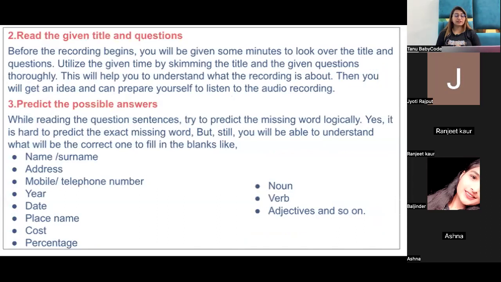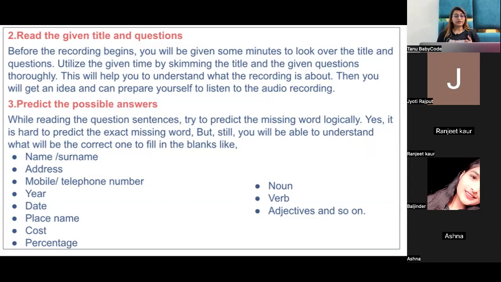Next is read the given title and questions. रिकॉर्डिंग के स्टार्ट होने से पहले आपको कुछ टाइम मिलता है to look at the questions, to look at the title also. तो आप उस टाइम पे अपने टाइटल को और अपनी क्वेश्चंस को रीड करो, यूटिलाइज करो अपने गिवन टाइम को स्किम करके कि आपका टाइटल क्या है, आपके गिवन क्वेश्चंस क्या हैं। इससे आपको समझ आ जाता है, एक आइडिया मिल जाता है कि what your recording is about. Then you will get an idea also, और आप अपने आप को प्रिपेयर कर पाते हो to listen to the audio